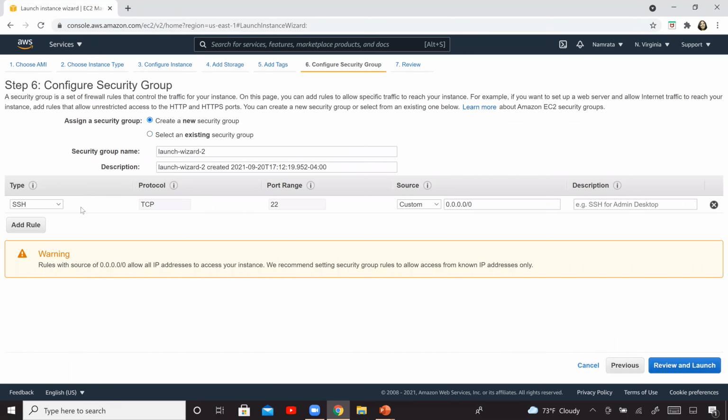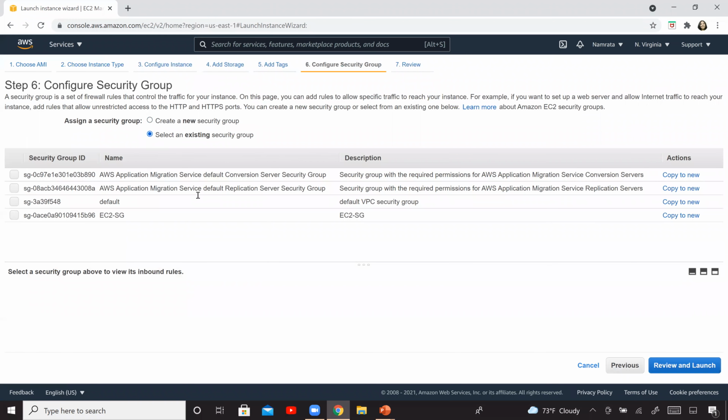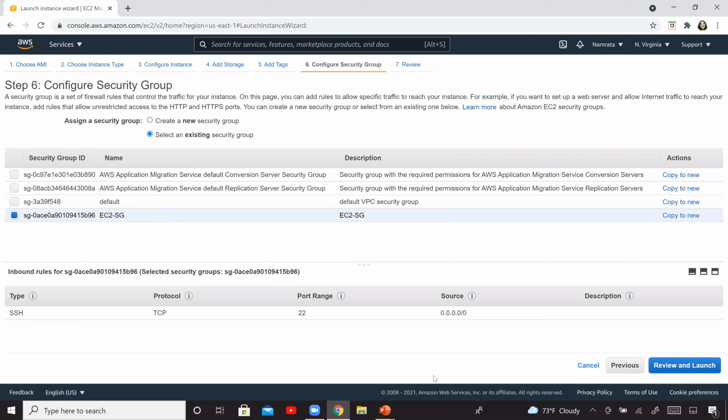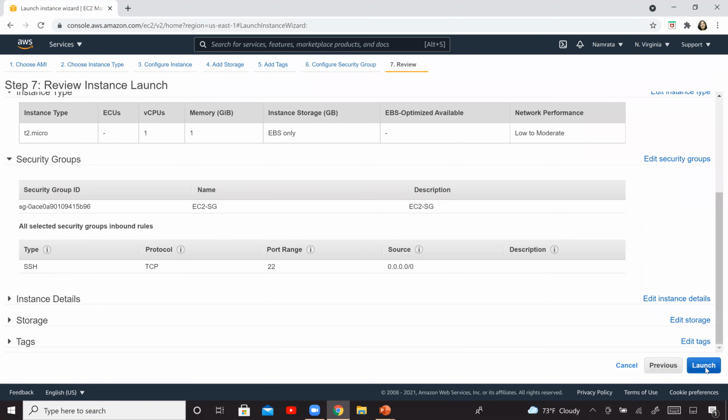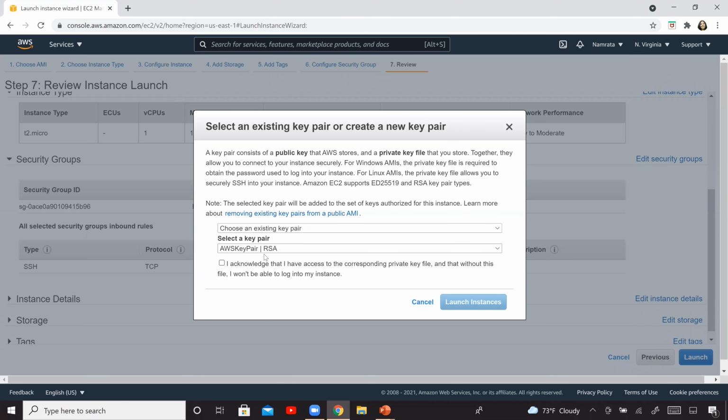Configure security group. Now, either you can just keep it the way it is, or if you have an existing group, you can use that. I do have an existing group and it has port 22 open. Again, the source is open. So select that, review and launch. Launch. This is my AWS key pair.